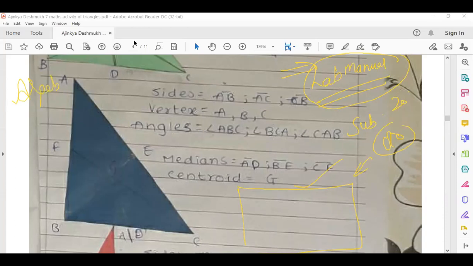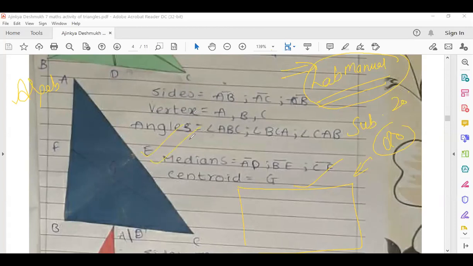So you have to make a proper file. If you don't have a lab manual, you have to purchase practical notebooks from the market, with lines on one side and a blank page on the other side, meaning a science lab manual. It will be easily available in the markets, or if you are not able to purchase it, you will make a spiral binding file. You know spiral binding file? Yes, sir. Okay, so you have to make it and do these activities over there.